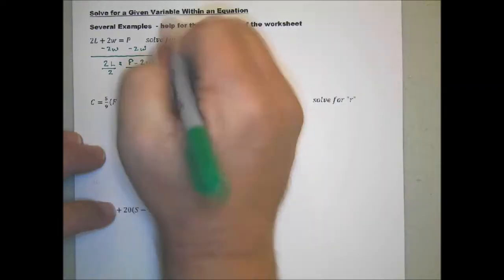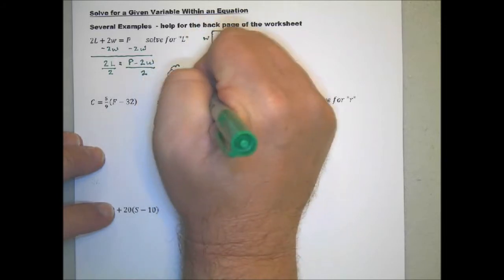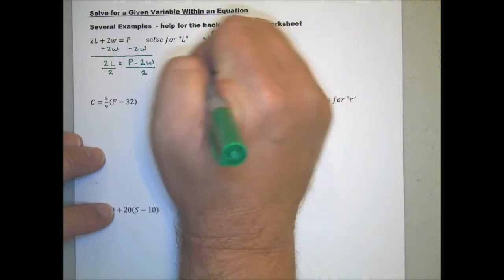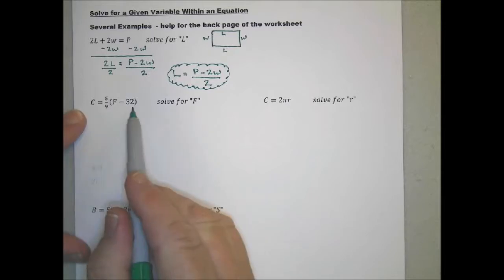And that's our answer. So really, all we're doing is we're doing the exact same algebra steps we would be doing if these were numbers, but they're not. They're not numbers. They're variables. This second equation